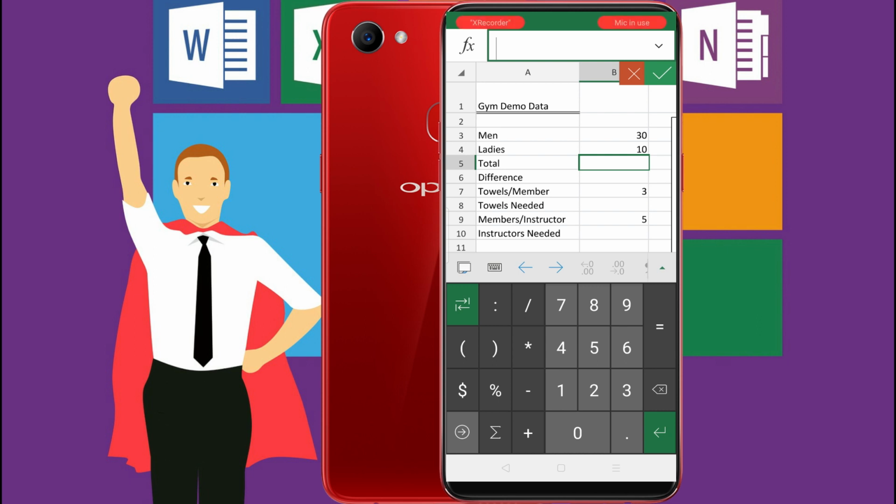Now if we want to insert any formulas in Microsoft Excel, we have to first type equal. Remember that any formulas in Microsoft Excel, if you want to insert, you have to first type equal. So I am typing equal first, then the first cell, and then the plus sign, and the second cell, and touch the check mark sign.